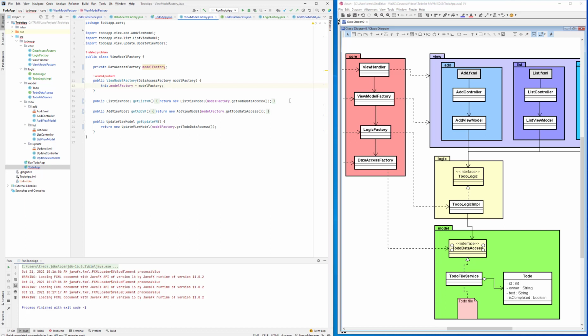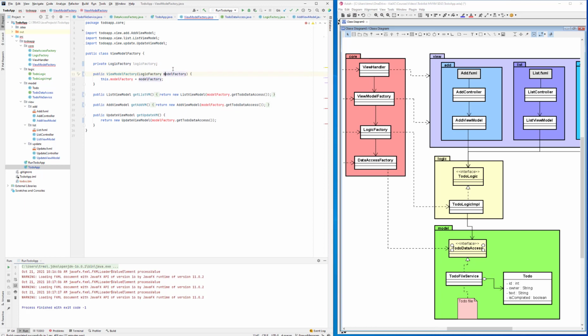So it doesn't know about the data access factory. My ViewModel factory knows about the logic factory. We need a logic factory, and logic factory, and this. Now